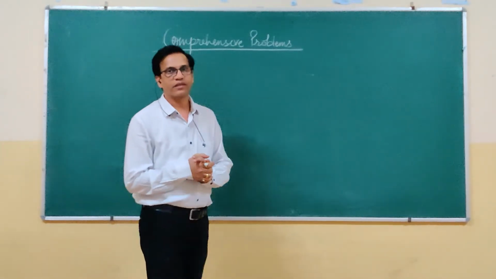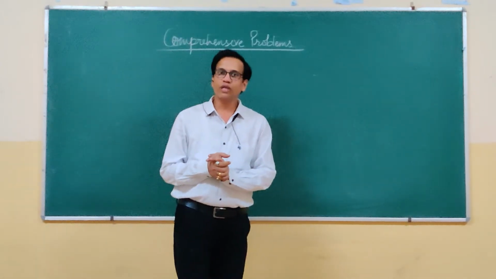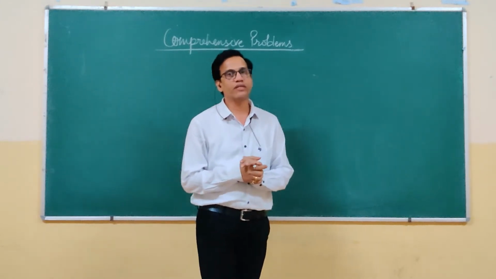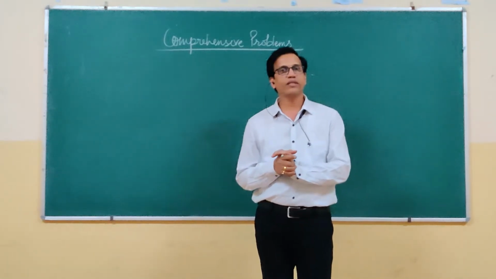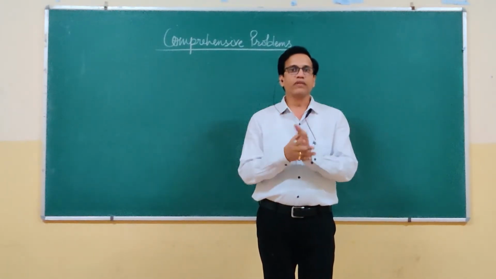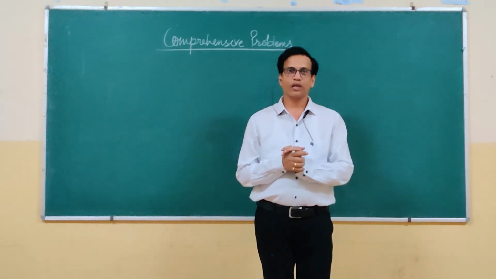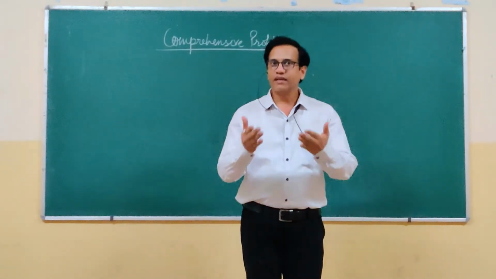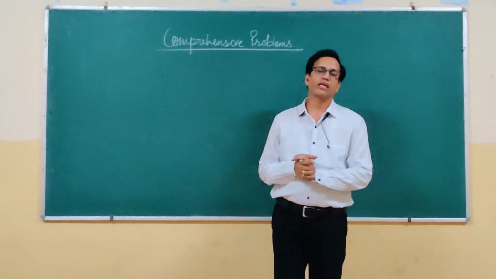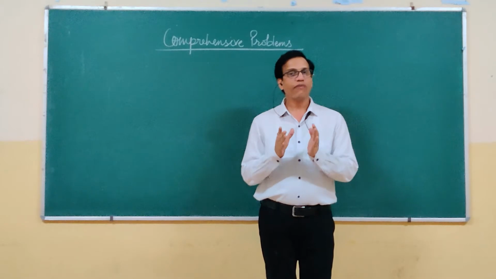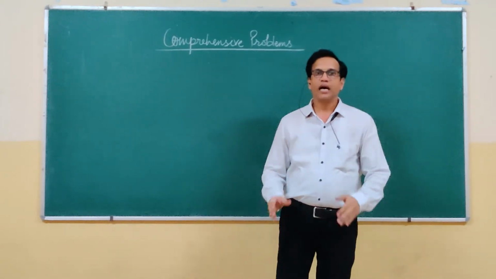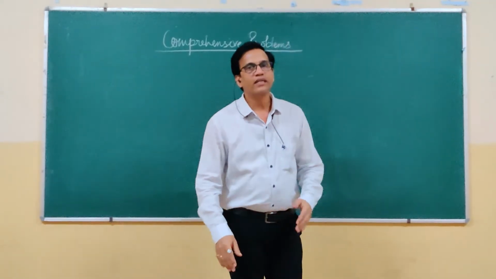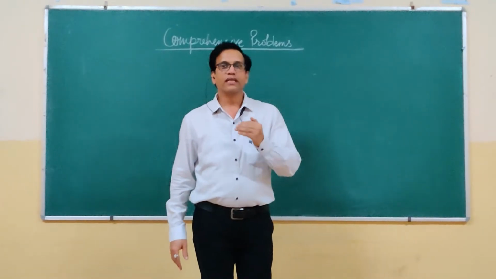In our previous classes we have studied the accounting for not-for-profit organizations chapter, covering various aspects such as its meaning and features, then its financial statements, their meaning, features and formats, then how to deal with some specific items related to these organizations, then how to prepare receipts and payments account, how to prepare income and expenditure account, then what are the various items to be shown in the balance sheet of these organizations, and we have learned how to calculate the amount to be shown in these financial statements of some specific items such as subscription, then fund-based accounting, then cost of consumable